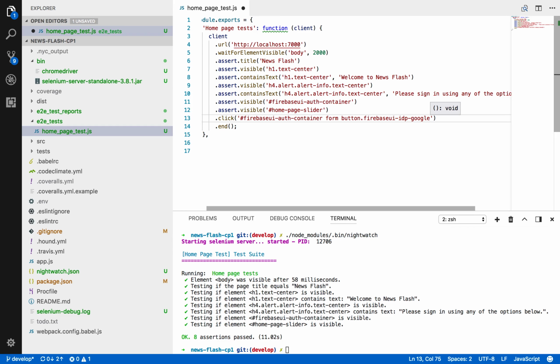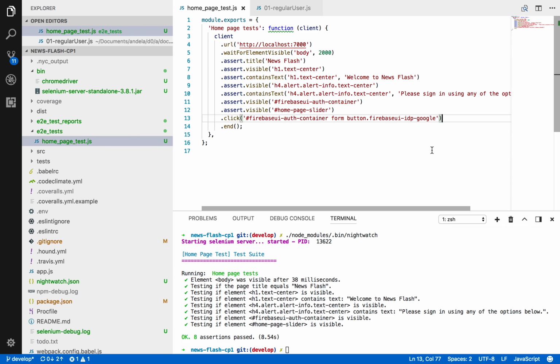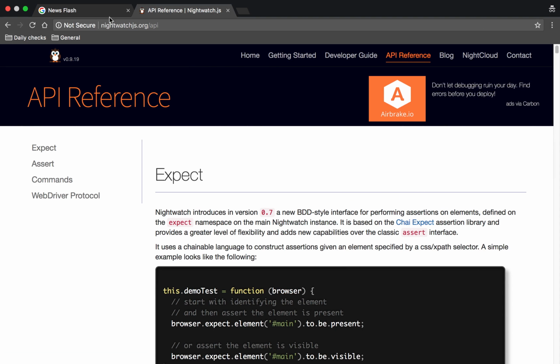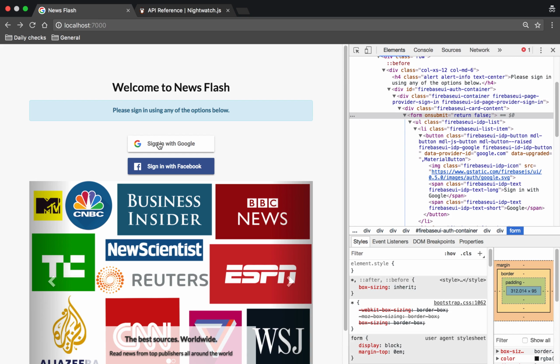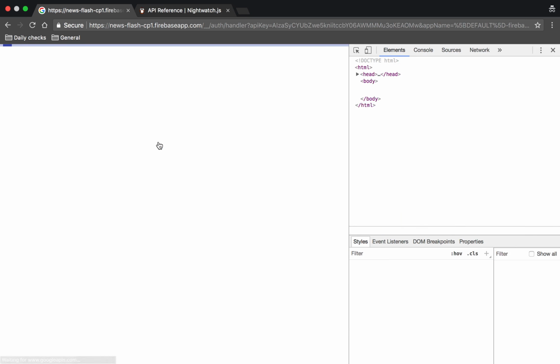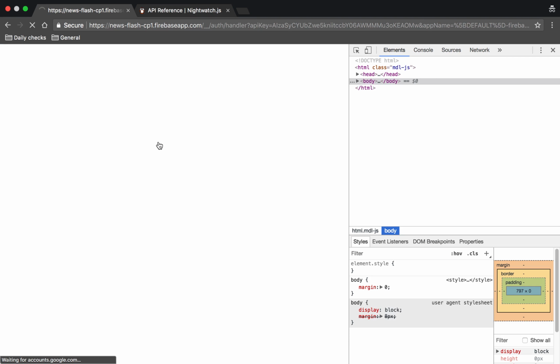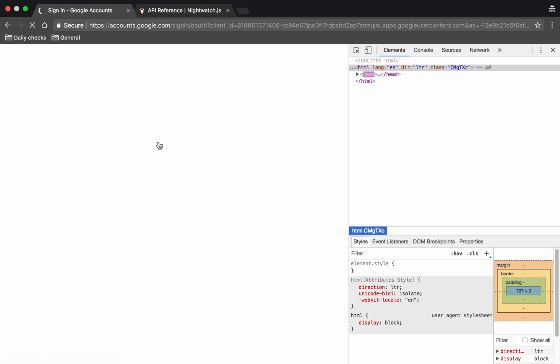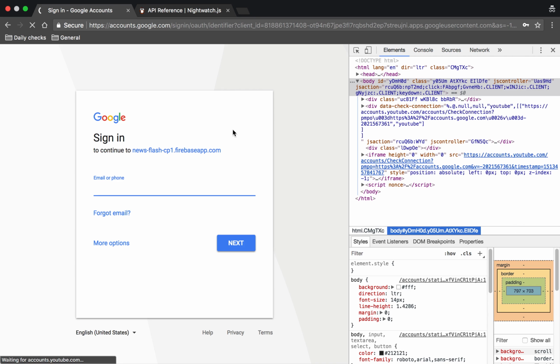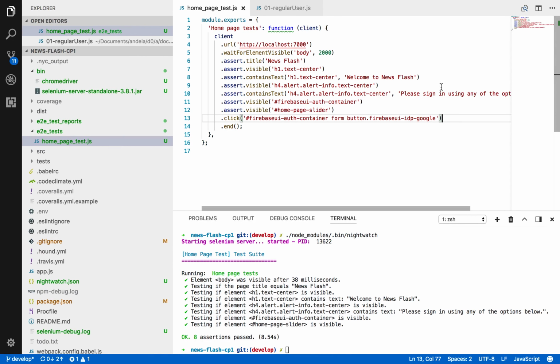So I'm going to click that button, and then I'm going to wait actually, because if you come to the UI and you click this button, you will notice that it takes a while for the login page on my app to go away, and then for Firebase to do its magic and bring you to the sign-in page of Google. So after clicking this button, I'm going to wait